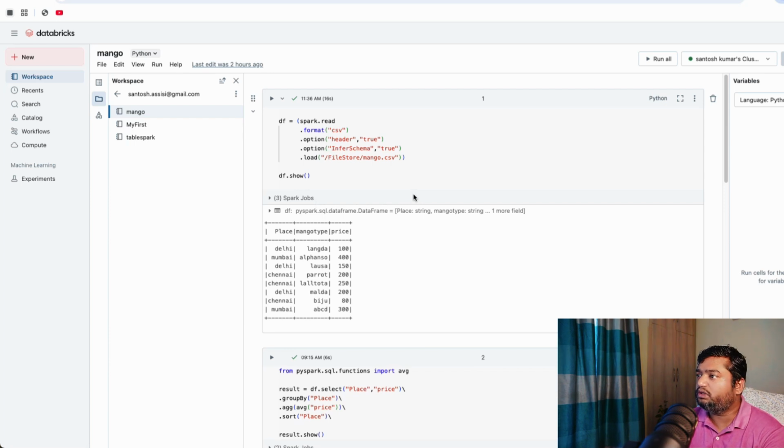So this was an introductory session on how to get started with Spark. I'll advise you to go through my earlier videos for the Spark architecture, and we'll meet again with a new